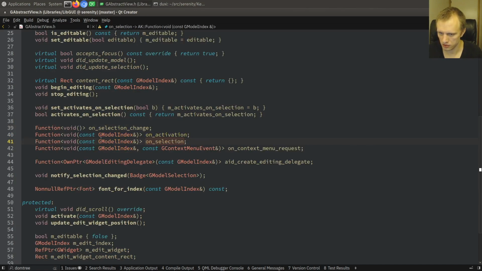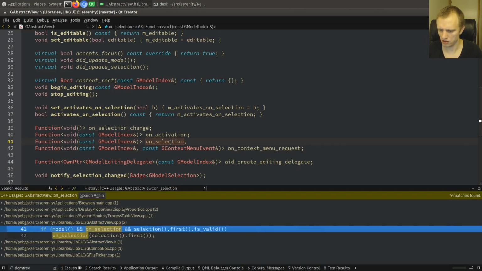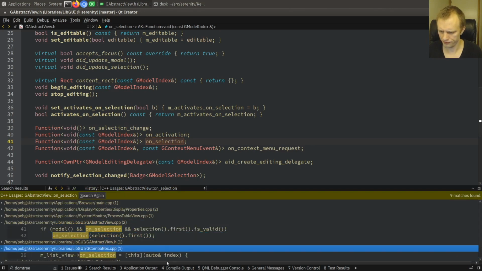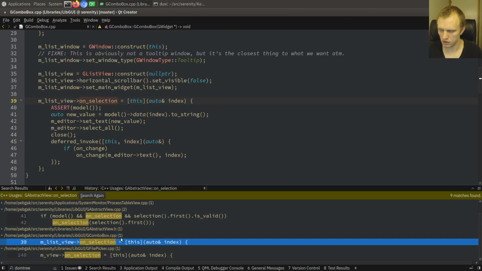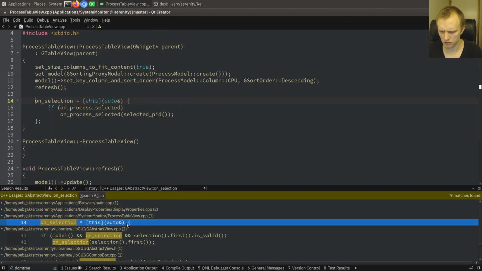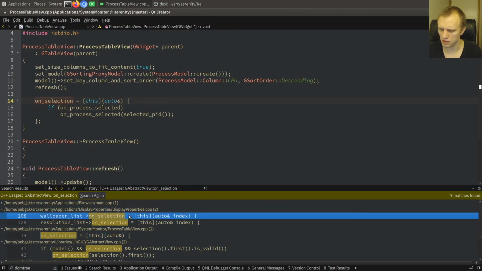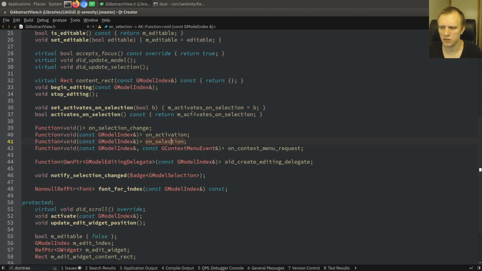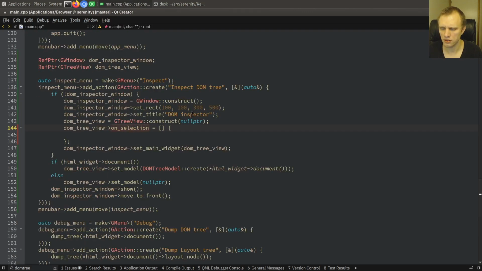On selection. Yeah, we get the index that we're selecting. But the thing we really want to hook is on selection change, I think. On selection. No, on selection is fine. We should probably use on selection. Because we're interested in when you're selecting a specific index. So on selection,